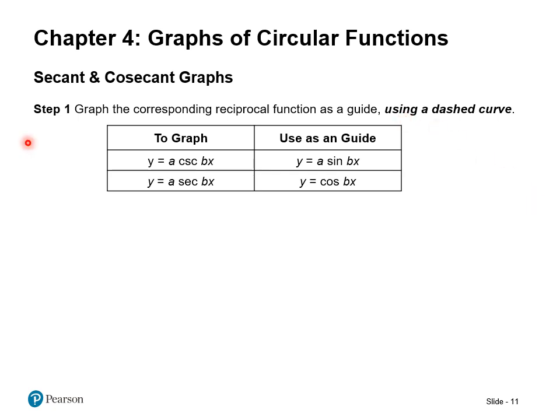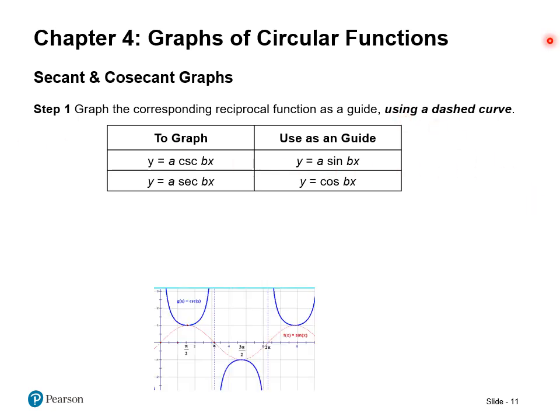What I mean there is we're going to use it to figure out what the shape looks like. And typically, we're going to graph the sine or cosine with a dashed line. So here you can see the sine of x is a dashed line. Okay, so if I'm trying to graph cosecant, I'm going to graph those same numbers and variables, but use sine and graph the sine function, which we already learned. If I'm doing secant, then I'm going to do cosine. And by the way, there should be an A right here. Okay. The second thing I'm going to do